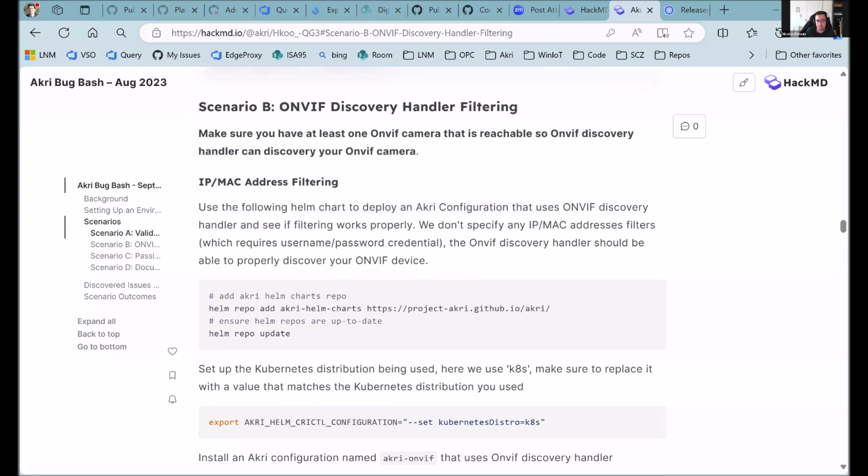So that's maybe something that we need to add as a scenario, as well as ensuring that everything works well with multiple nodes discovering the same device. So basically the on-VIF scenario, but with more than one node.